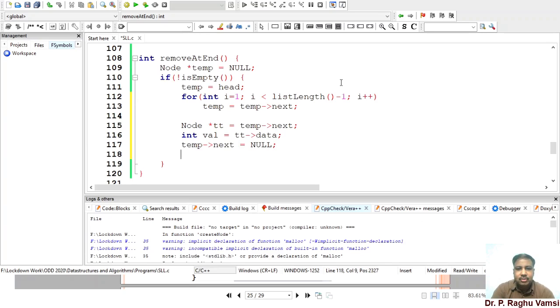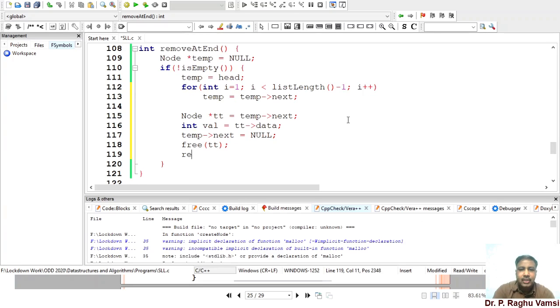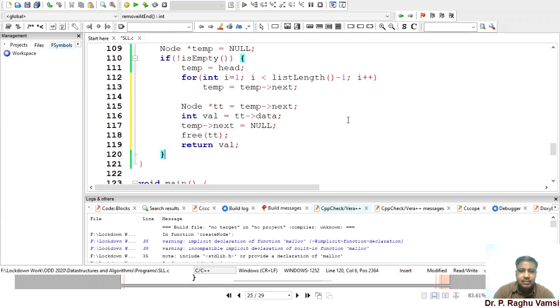Since temp next is null, that means the last node we have made null. But the last node address is available in tt, so just say free tt and return val.